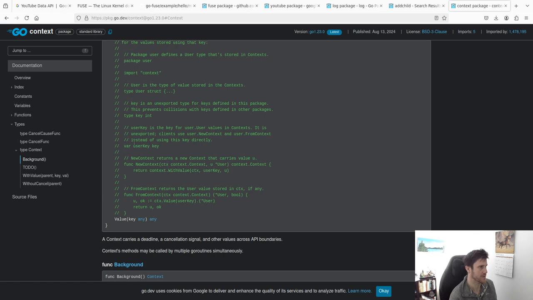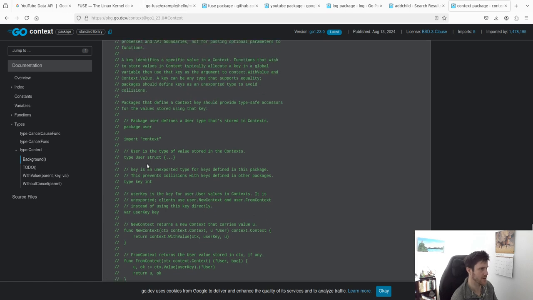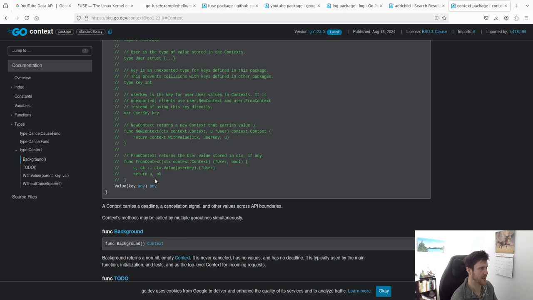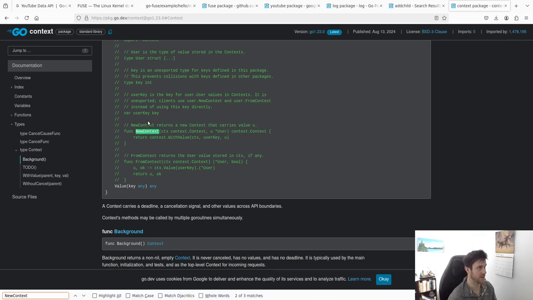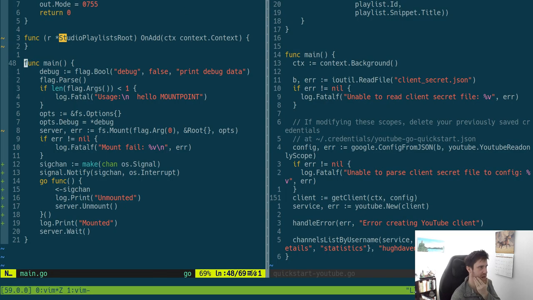And user key is just, and do we need to? Nah, that's just part of there. Cool. So I guess we can do this context dot with value past that and